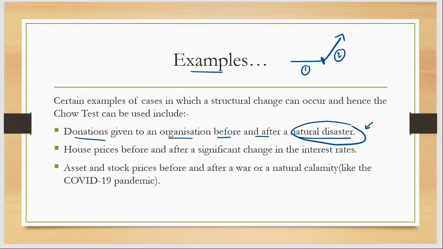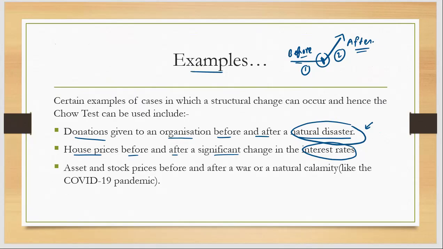Second example, which I have given you, house prices before and after a significant change in the interest rate. There has to be some policy intervention or some natural disaster or some sort of external shock, which will result in two different regression equations, right? There should be an external intervention. That is the reason why we will have two different equations. One will be the before situation and one will be the after situation. So when you have this before-after scenario, you need to have two different regression equations, and to test that